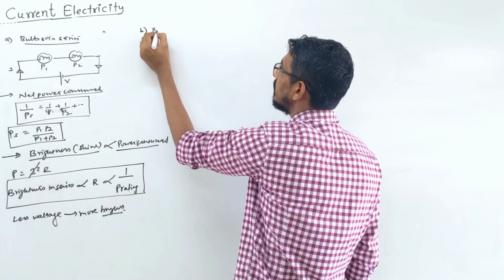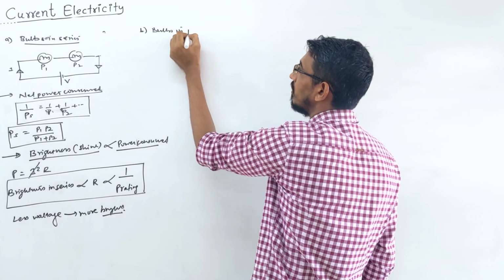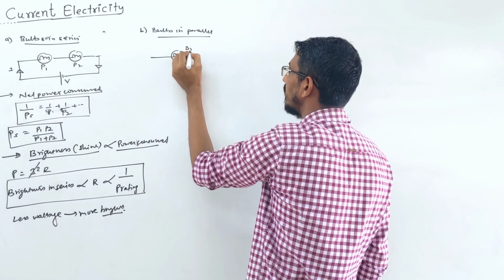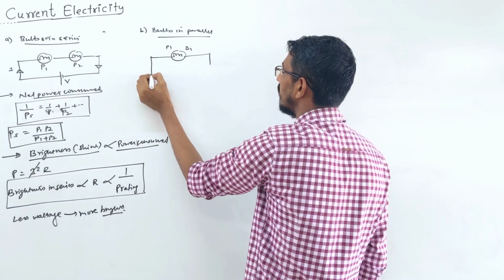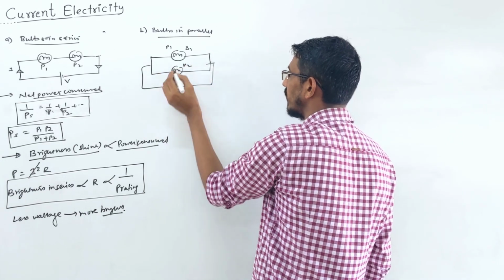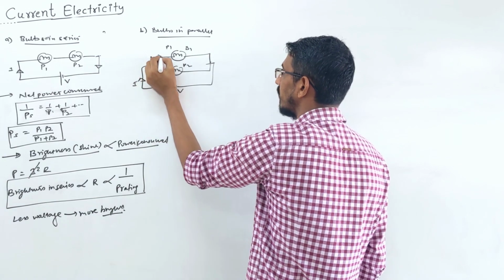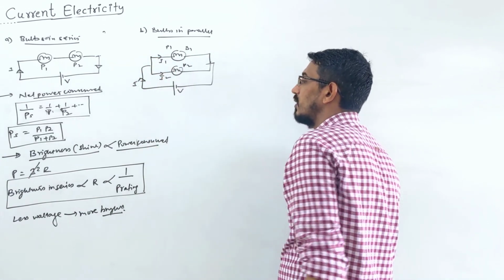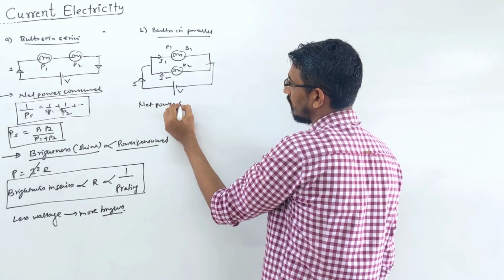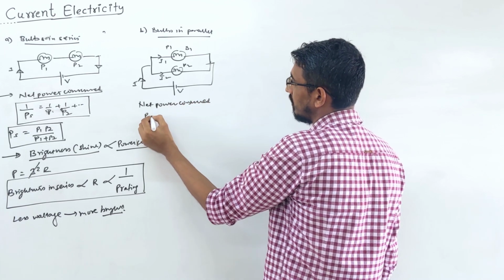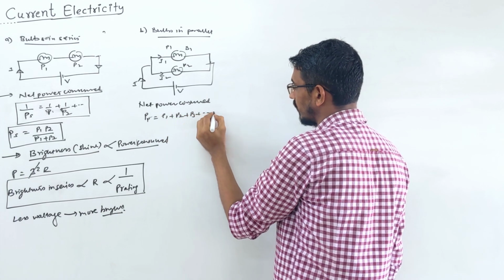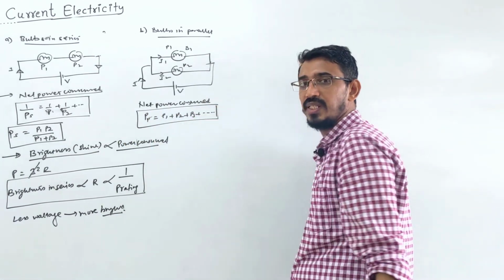Now if you talk about parallel, it will be just the opposite of this. Let's start with bulbs in parallel. Okay. Same bulbs, if I connect them in parallel, this is a bulb B1 of power P1 and this is another bulb of power P2, okay. They are connected to some source of voltage V and some current is flowing here, I1, here I2. So what is the net power consumed? Net power. What is the answer? Simply, since we're talking parallel, simply the addition of them, P1 plus P2 plus P3, it goes on. Simple addition of them, that's your total power.